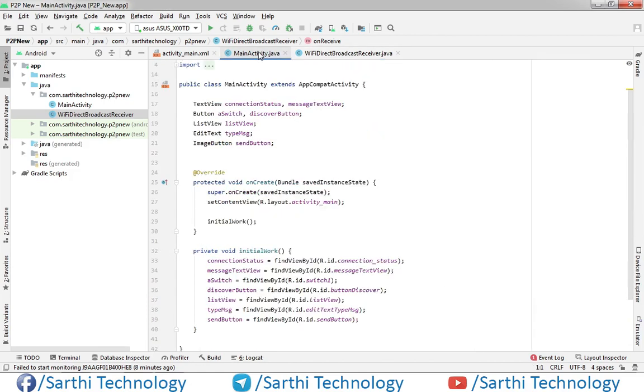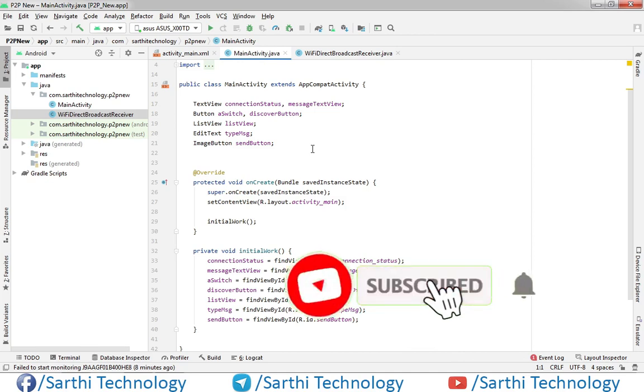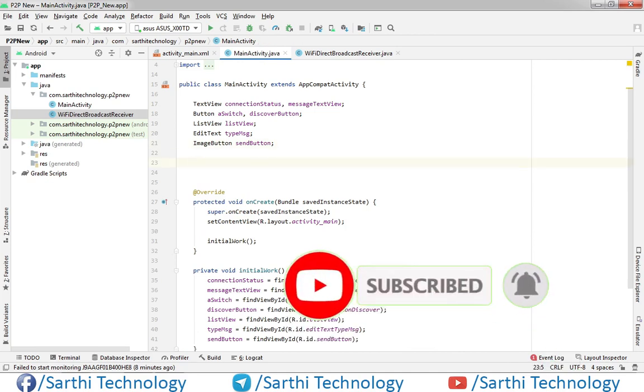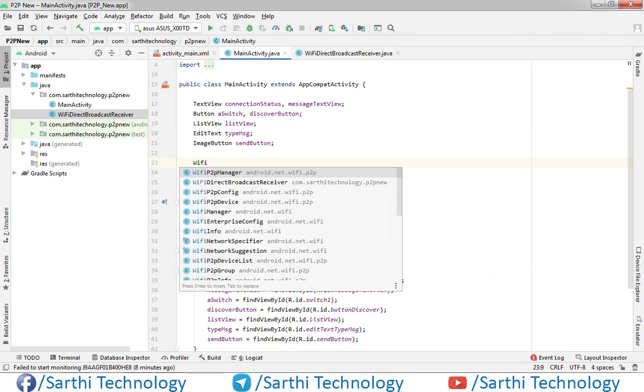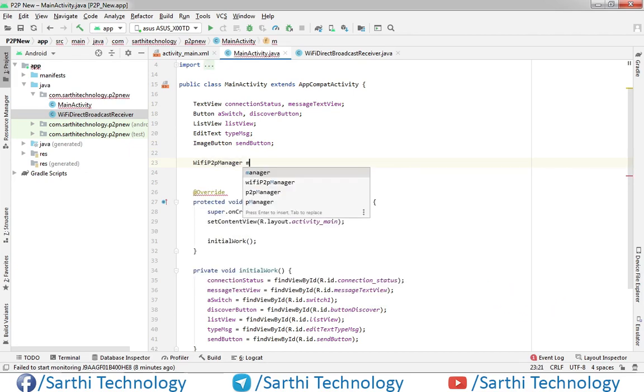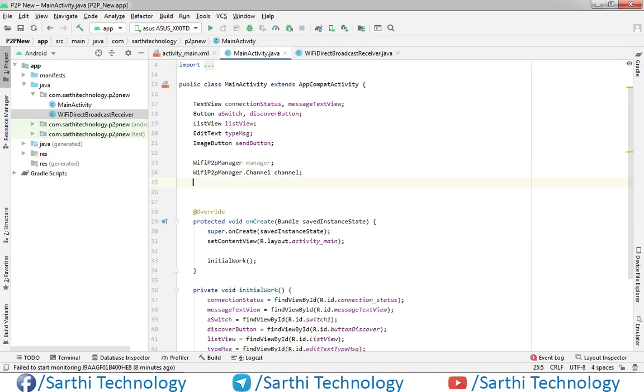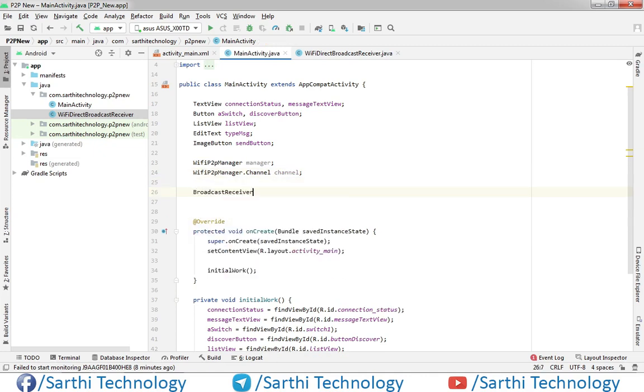Now in the main activity we need to create objects: Wi-Fi P2P manager, Wi-Fi P2P manager dot channel, broadcast receiver, that is receiver.